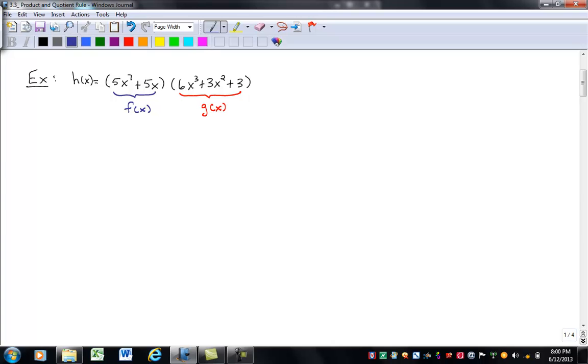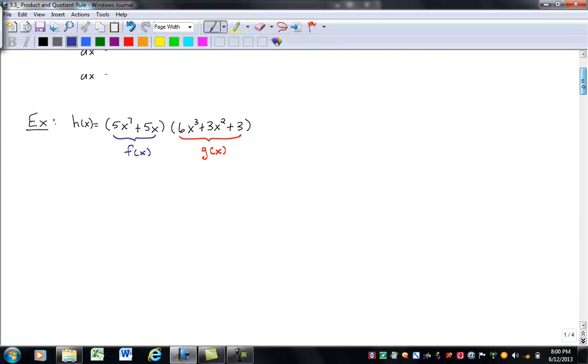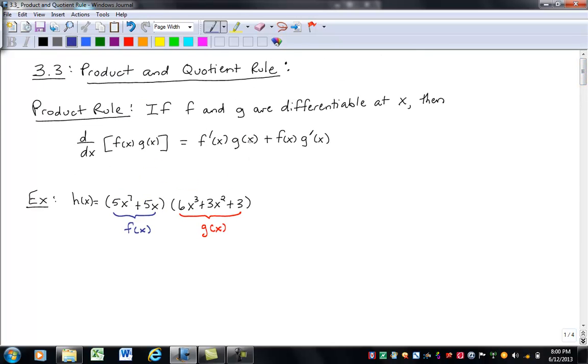Now from the product rule, I also need the derivatives of f and g, so I can put together the derivative of f times g plus f times the derivative of g. So if I'm working out the derivative of f of x, f prime of x is going to be the derivative of 5x to the 7th plus 5x. So the derivative of 5x to the 7th is 35, 7 times 5 is 35, x to the 6th